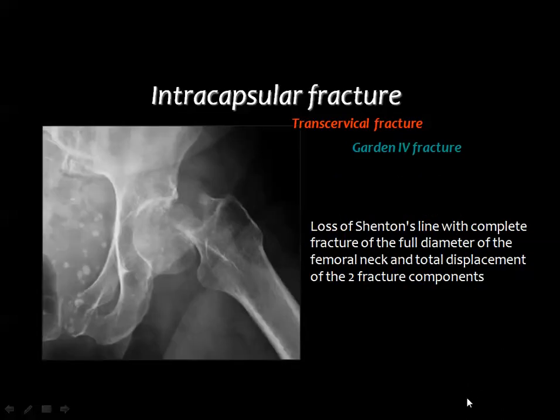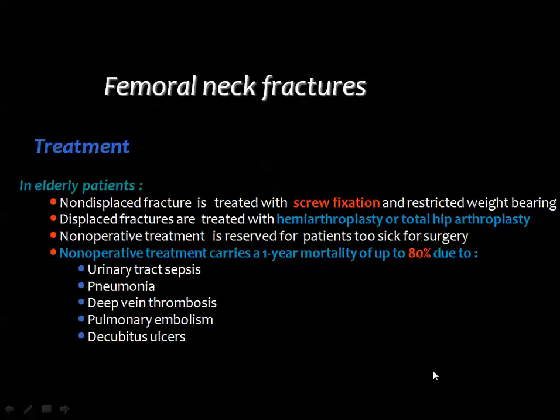And this is Gordon type 4 fracture with severe displacement of the proximal fragment. And of course, if you try to draw the Shenton line, you will see that it is totally disrupted. Femoral neck fractures are treated in elderly. The non-displaced fractures are treated with screw fixation and restricted weight bearing, while the displaced fractures are treated by hemiarthroplasty